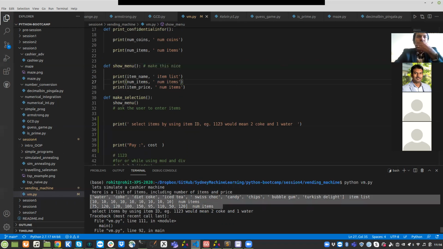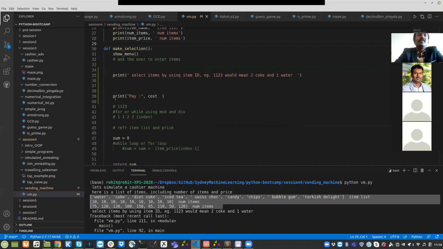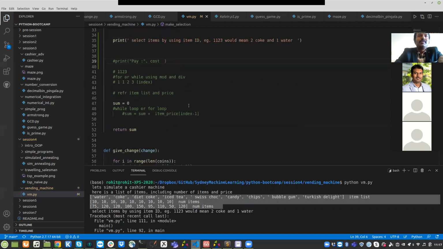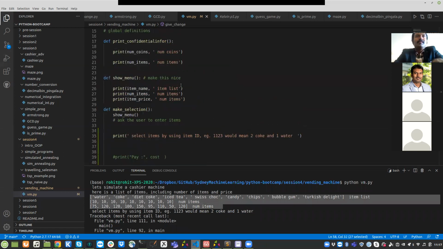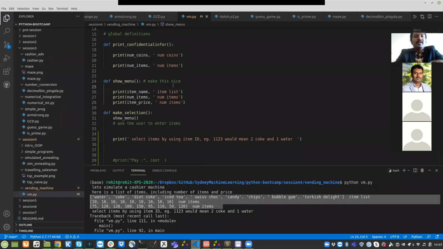So if we want to print this in a nice way, what would we do? We would use a for loop, right? So we would use a for loop, and we place that for loop there,